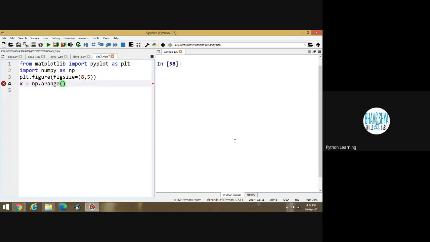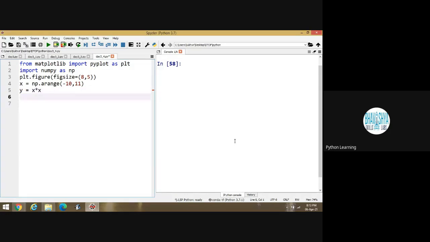So the values are from -10 to 11. What is the meaning of -10 to 11? The values are from -10 to 10, not -10 to 11. If I am writing -10 to 11, it means values of x ranges from -10 to 10. Suppose I am writing y is equal to x square.